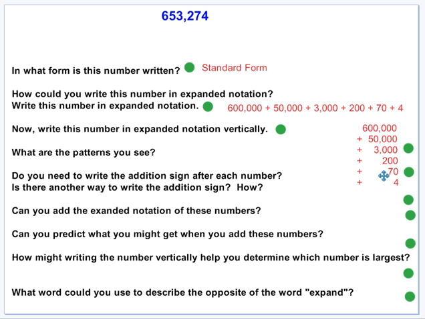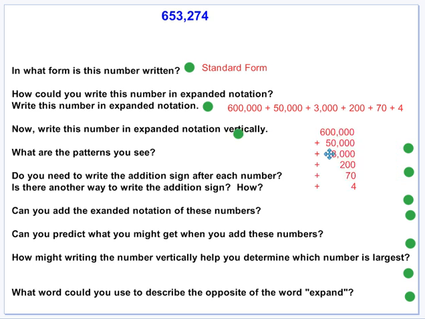So what patterns are you seeing in our expanded notation? A couple of things that I saw, and you could have seen some different things, but a couple of things that I saw,